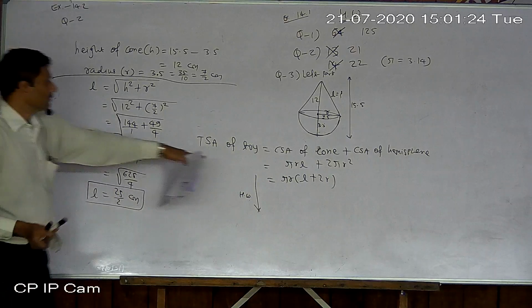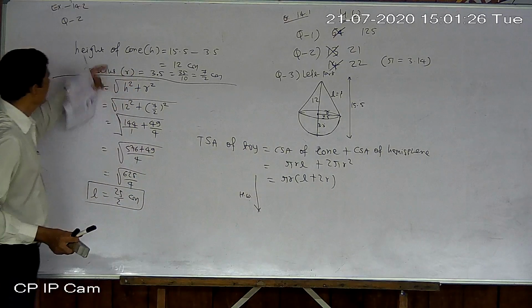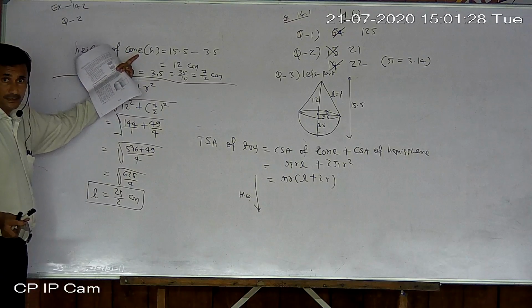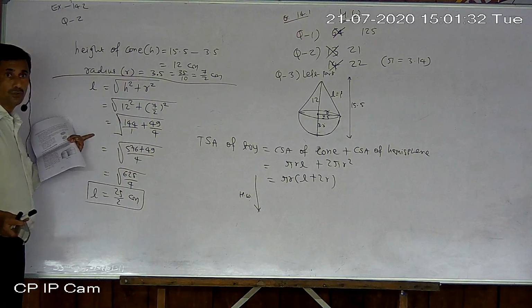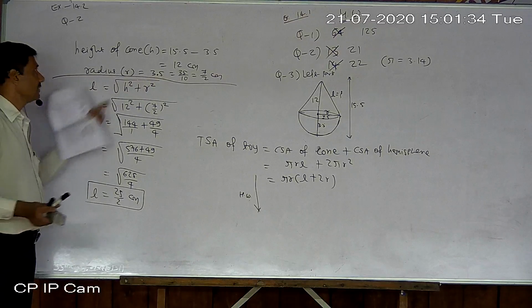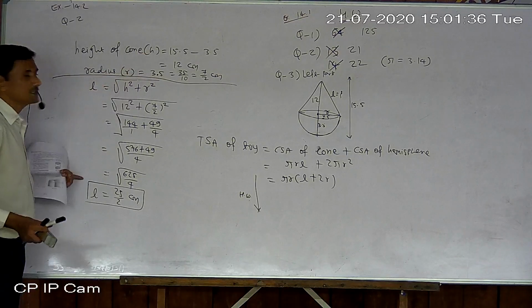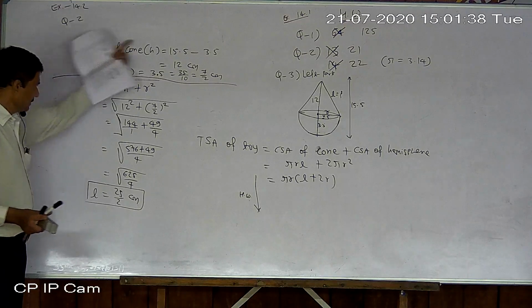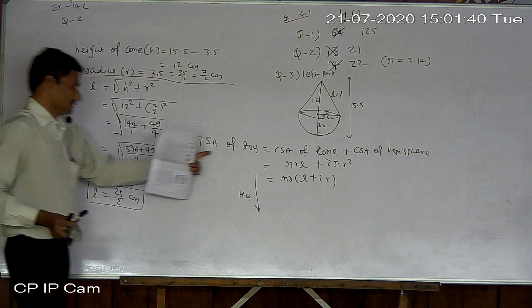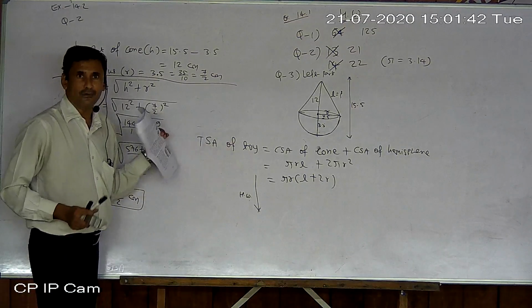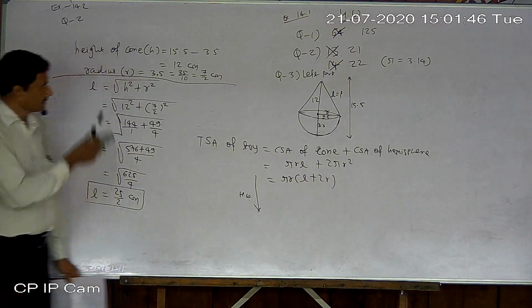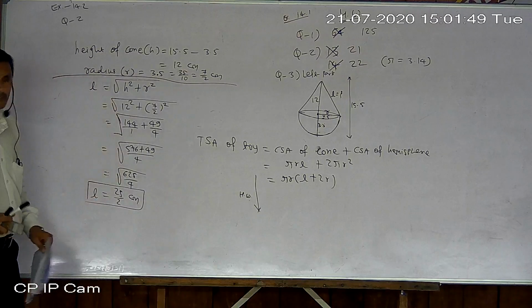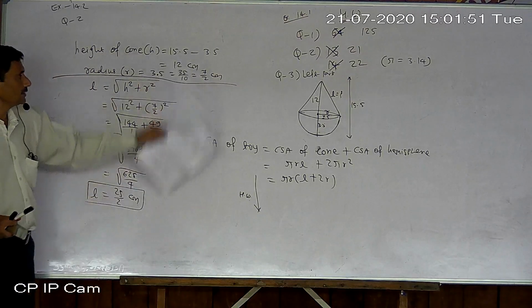Why? Because before finding the main part, we have to find the height first. Edge not given, height not given, then slant height also not given. Actually we require the slant height, but after getting the height we can find the slant height. So that is the main part and this is quite long. Then our main calculation. So just repeat all 3 questions again, practice well and do them together.